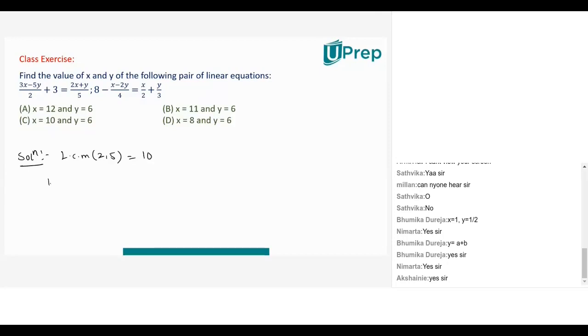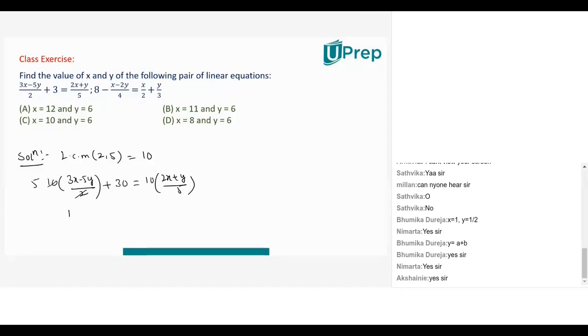So what do you have? This is 10 times 3x minus 5y by 2. This is 10 into 3 is 30. And this is 10 times 2x plus y by 5. Clearly, I can cancel, 2 fives are...